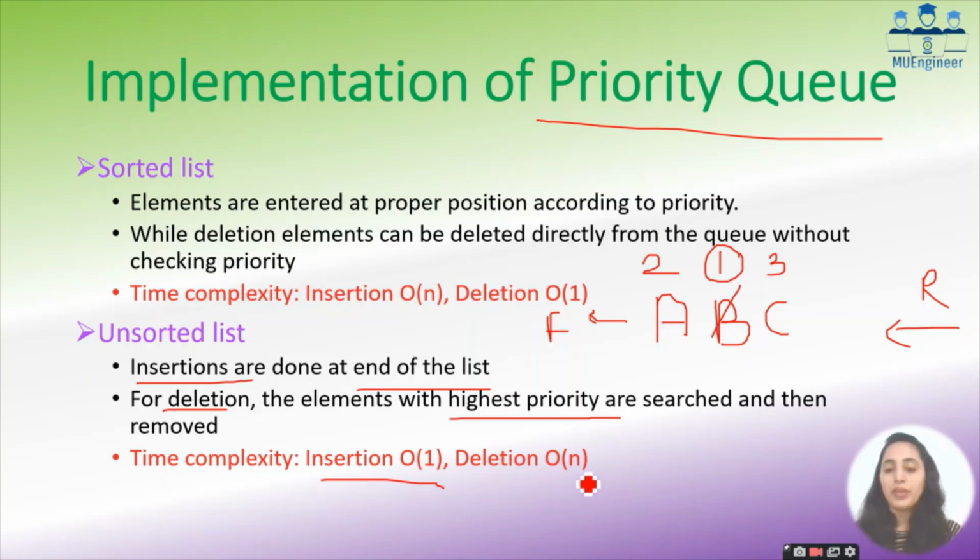That means it will take me the size of array, that is, say for example n is the size, it will take n time to execute the delete operation. Okay, so this way every time I'm deleting, I'm checking for higher priority. And then after deleting b, again I want to delete something, so I'll again check and I'll say okay, a is to be deleted, and at the last the c will be deleted. Okay, so this way it happens with the priority queue. It comes in two types, sorted and unsorted.